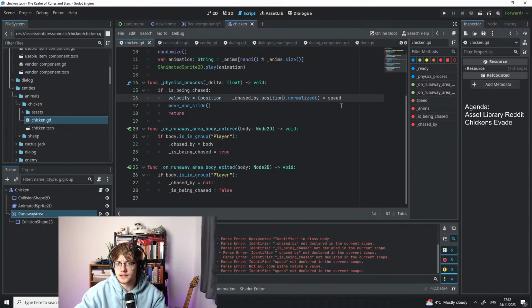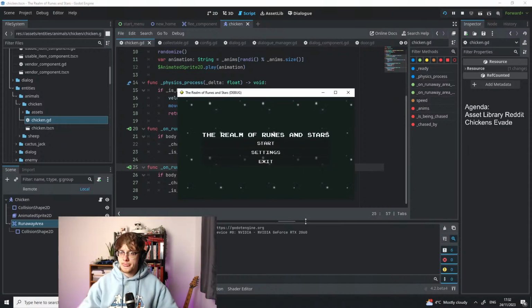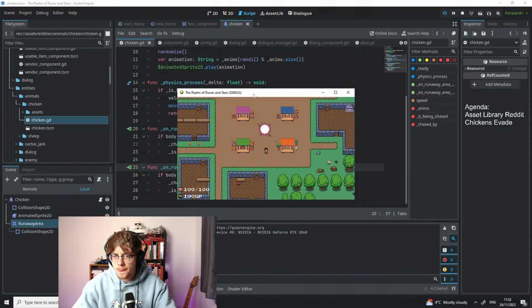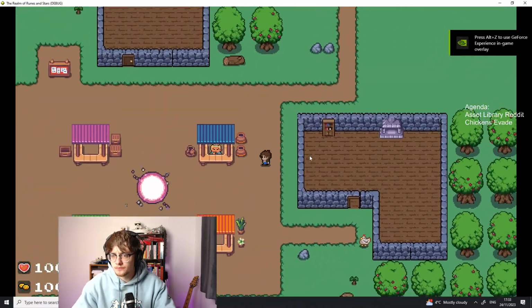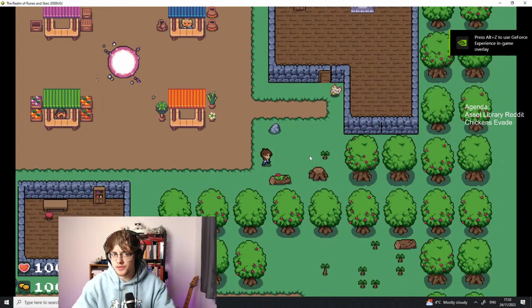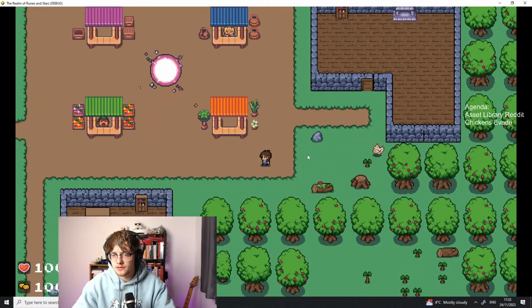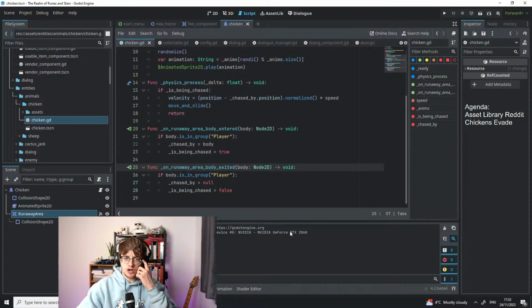We're going to do that. This should be okay. Yeah, okay, cool. So the chicken still runs, it just runs in the opposite direction, which is cool, but if I want to try and implement actual evasion rather than